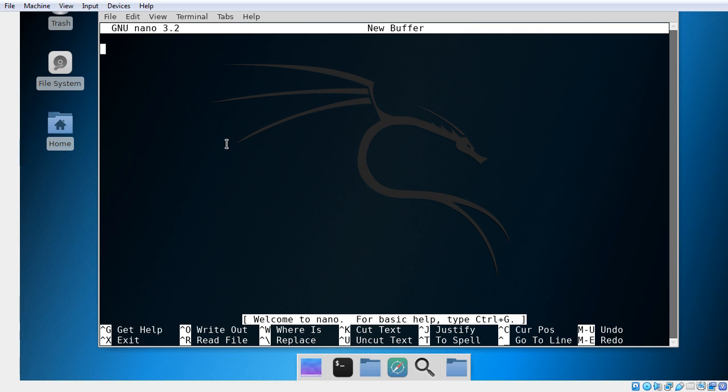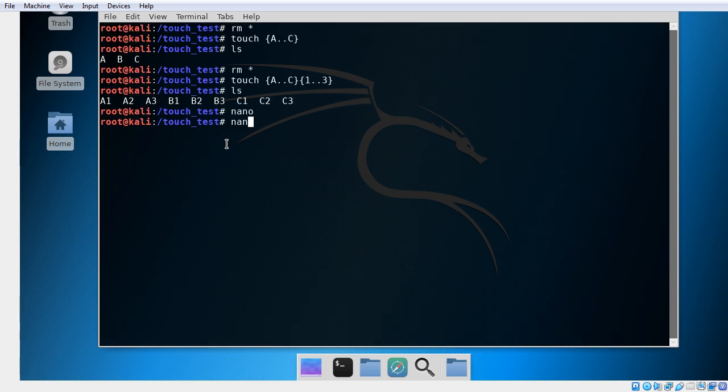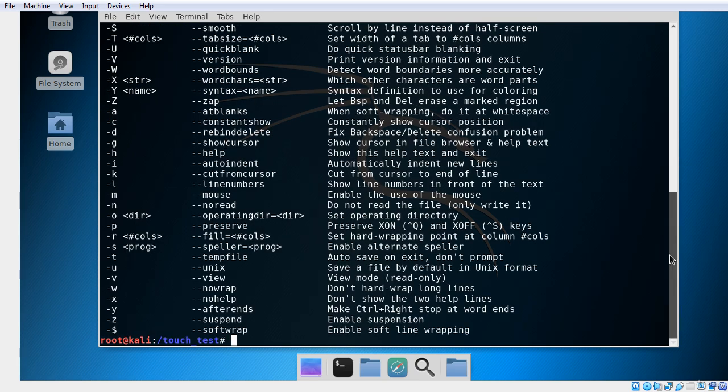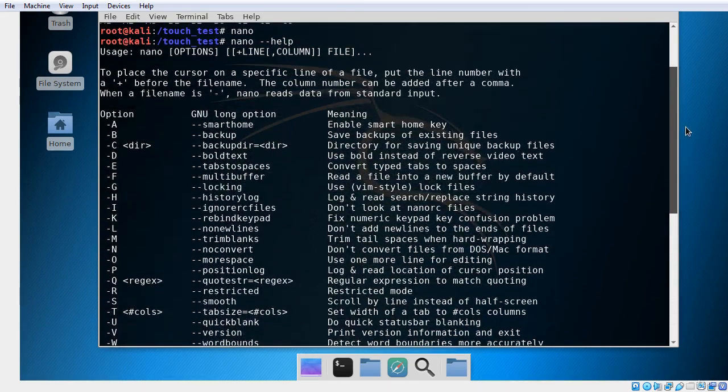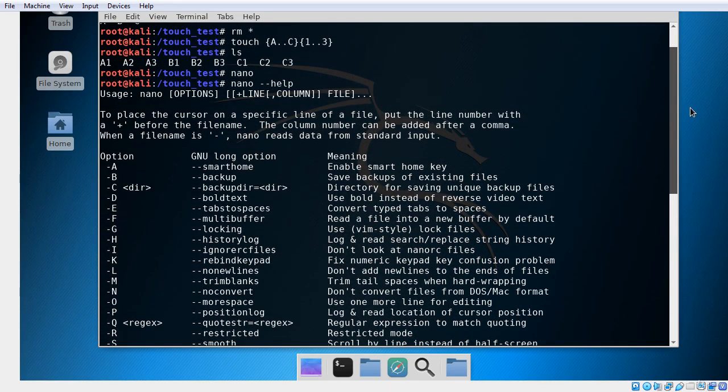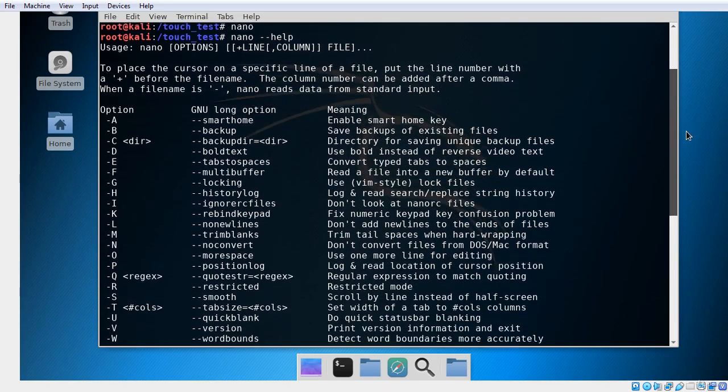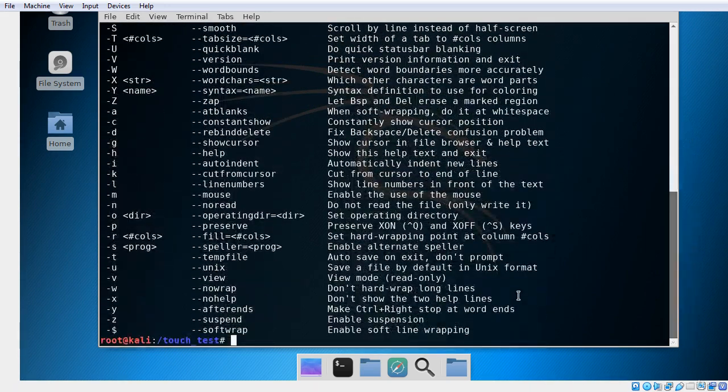Nano. There's all the options for Nano, quite a lot. Okay. Again, I can cover these in a more advanced course. If you would like that, just let me know. Okay, so